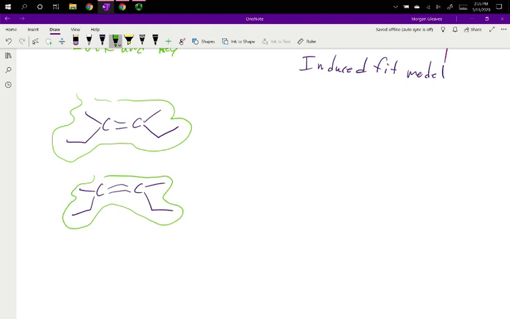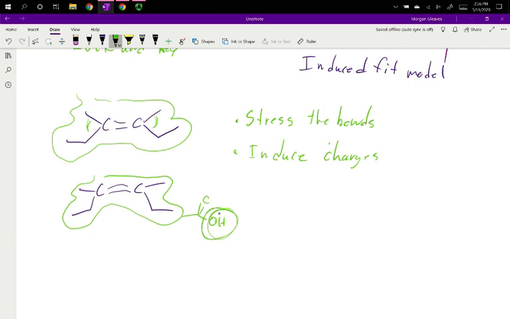And so instead of the proper 120-degree angles here, now our angles are a little different. Our double bond is a little stretched. This is less stable. This induced instability, we can stress the bonds by forcing them to bend a little bit when they fit in. We can induce charges. If you've got an R group that has a carboxylic acid with OH or something,